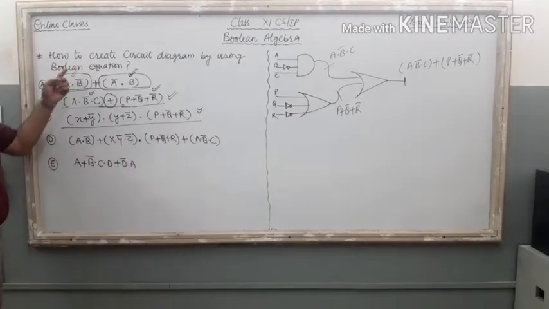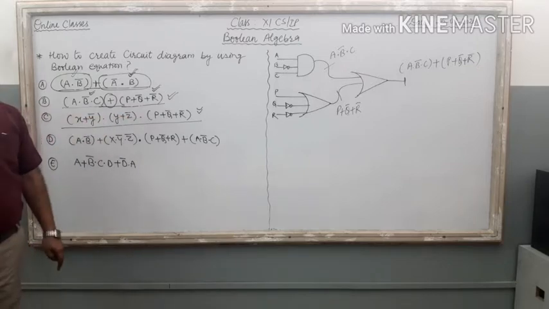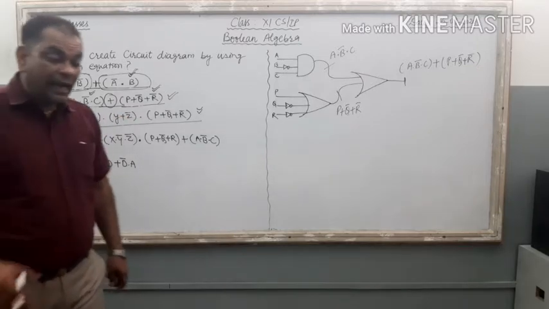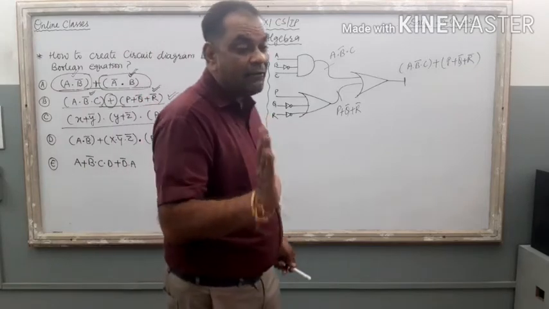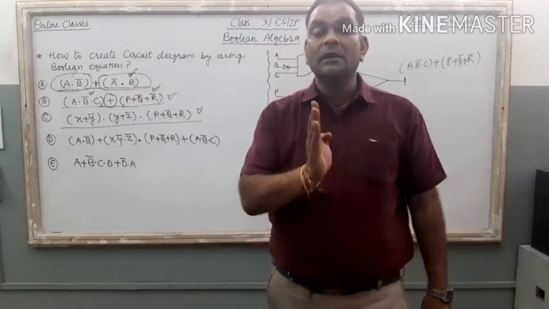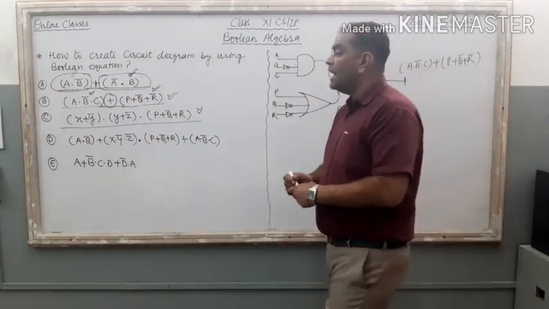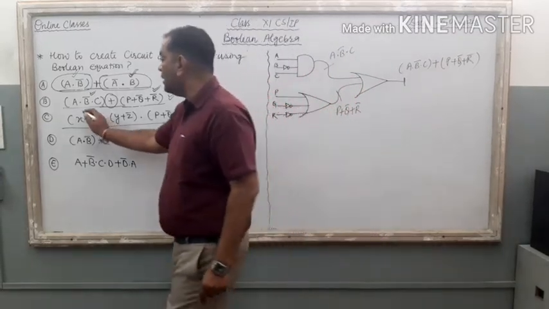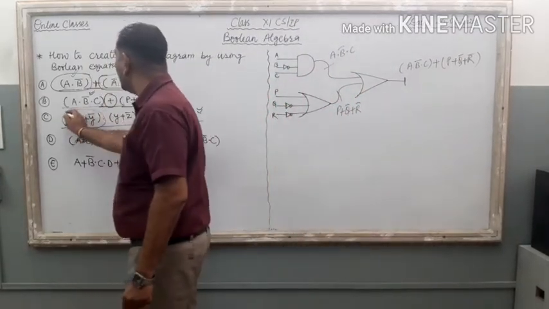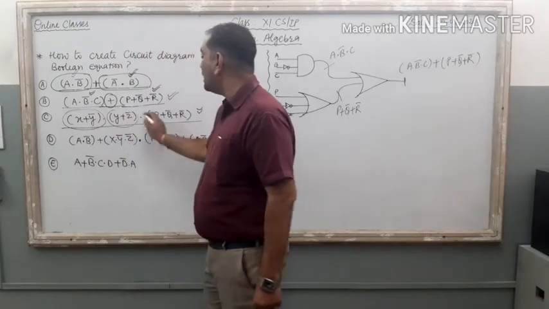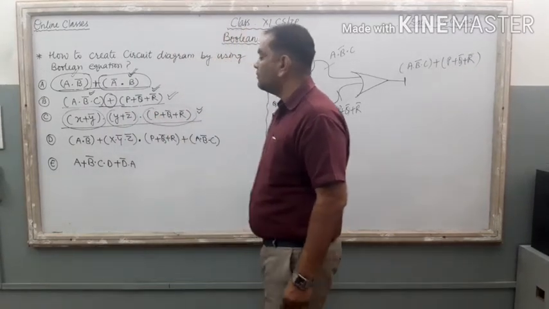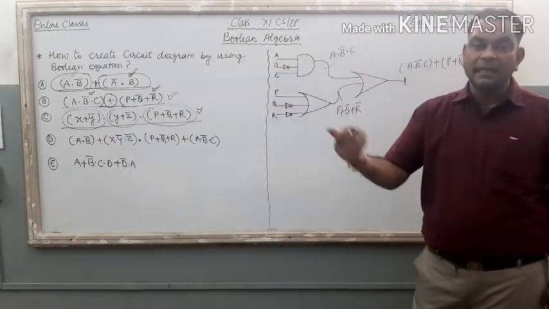Slightly difficult from the previous two. Here, 1, 2, 3, three brackets are there, and our very first work is to divide the equation into small pieces. When I divide this equation, the first part is this one, then the second part, and the third part of the equation, right? Three different parts are there in this equation.